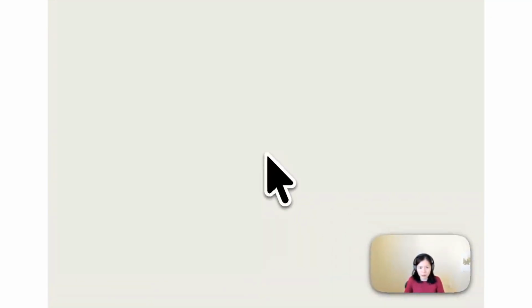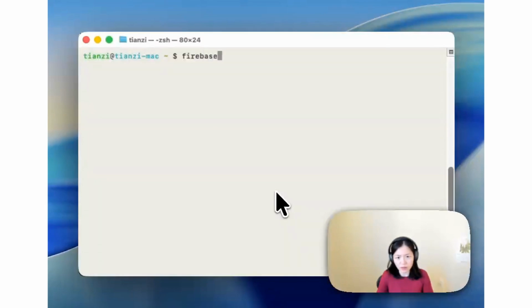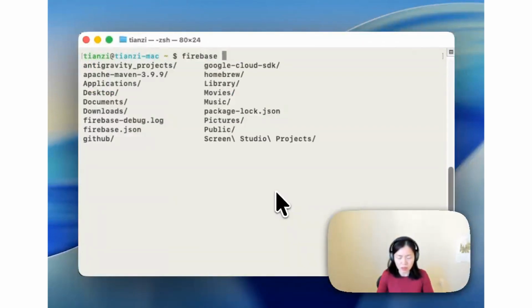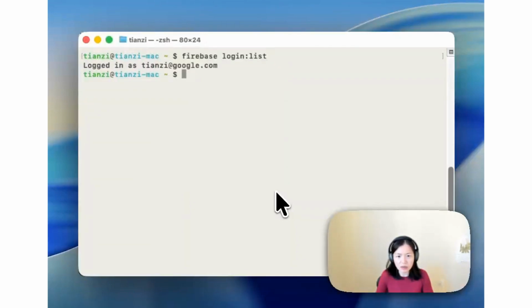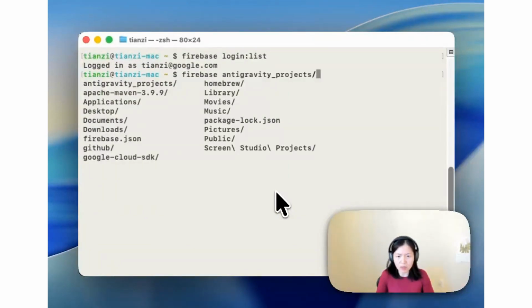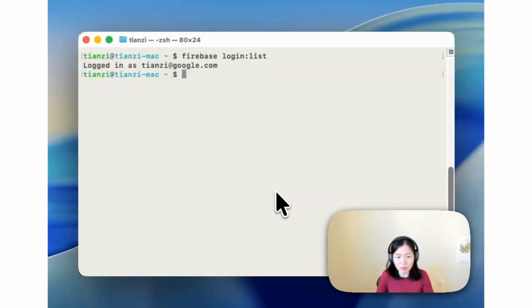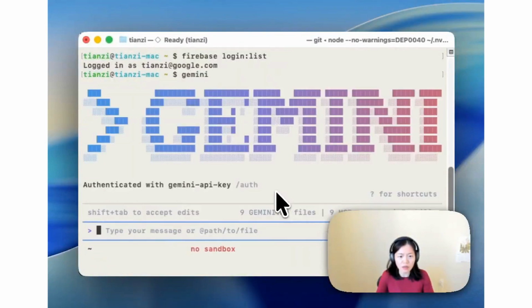Okay, I'm in my terminal and I have the Firebase CLI installed, but I noticed that I don't have tab completion when I type firebase. So for instance, if I want to see which accounts I'm logged in, when I press tab, it doesn't give me the right tab completion. So I wonder if I could use Gemini CLI to help me write a completion script for Firebase